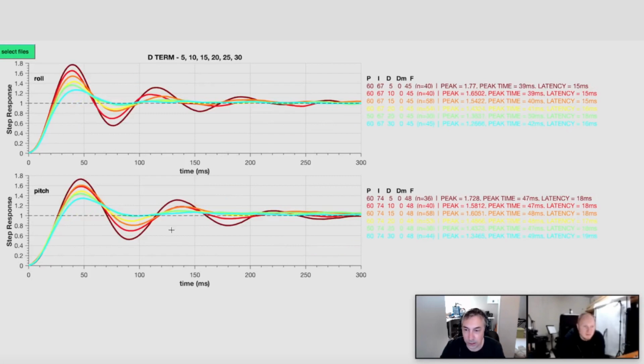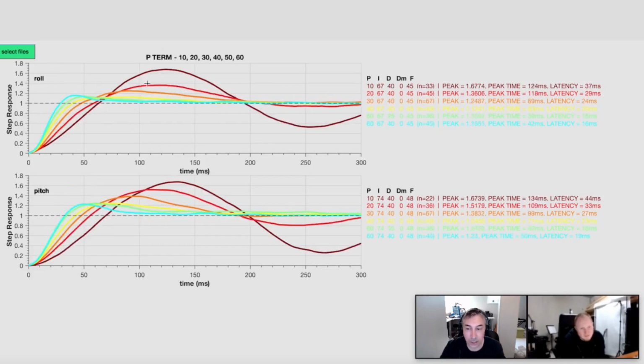So now let's go to D. What do we see here? In this case I have my P gain fairly high, and I'm starting with very low D gains. One thing you notice right away is you can get this oscillation, but look how much faster it is, right? Because now your P gain is really driving this. And this is more of a true sign that you don't have enough D, right? Not this case. So sometimes it's a little difficult to tell what condition you're at, but